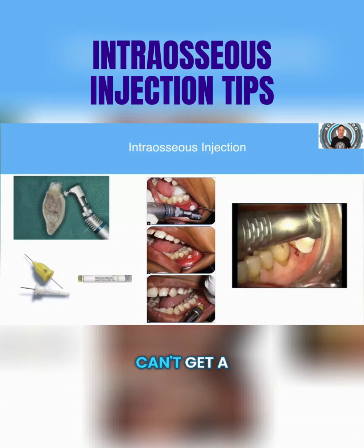But when I really can't get a patient numb, or they report to me that they've had trouble in the past, I'll go right to the intraosseous. Now, you see that the location these pictures from the manufacturer are showing you are all coming from the buccal. But what I've learned that's very important to remember and makes this whole process a lot easier is